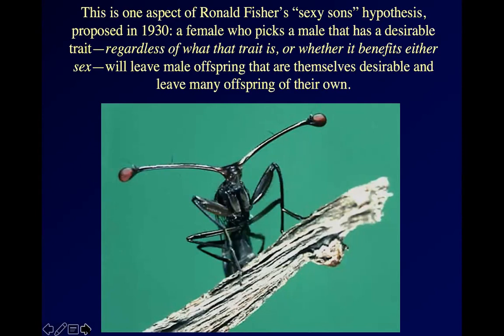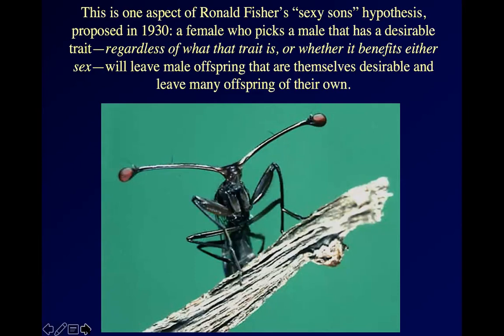That trait's not particularly adaptive. There's been an awful lot of neurological rerouting that they've had to evolve in order to do that. But it's another case where we have this association between a trait and a preference. Females that prefer long-stalked males mate with long-stalked males, and their offspring carry both the trait and the preference for the trait. They carry genes for both.